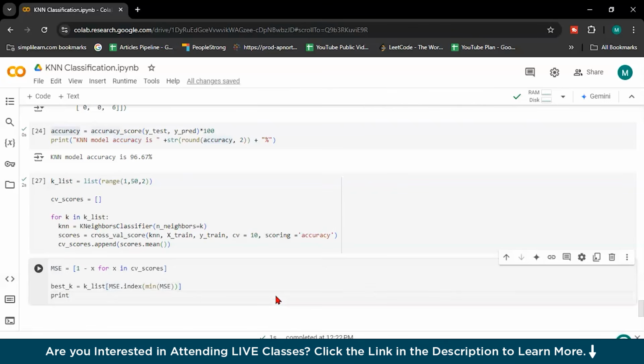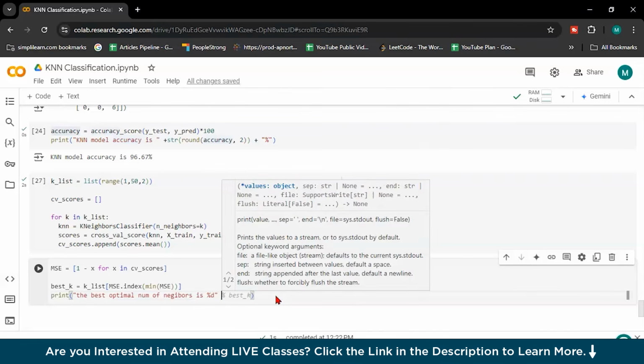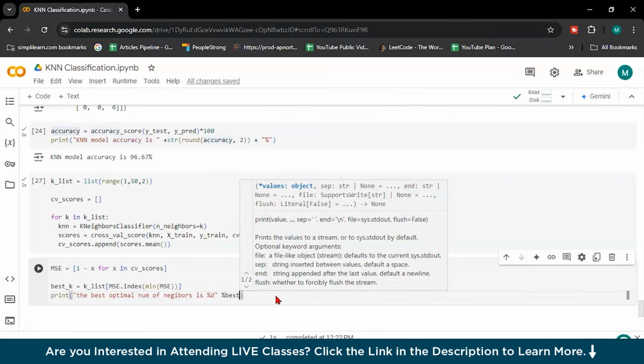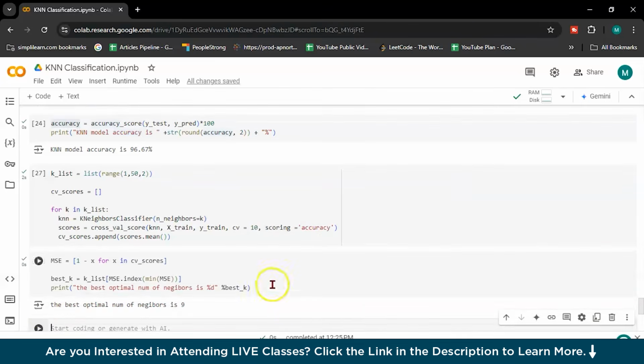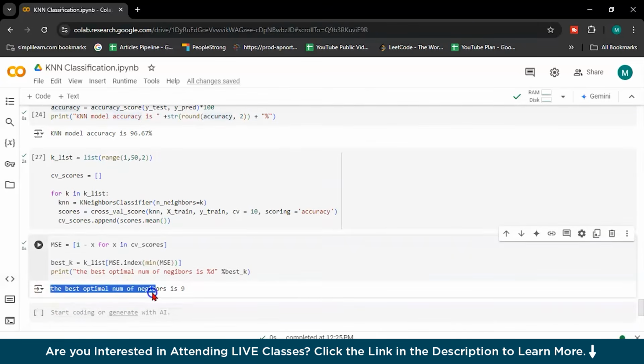Then I will write print, "The best optimal number of neighbors is %d" % best_k. Let's run it. See, the best optimal number of